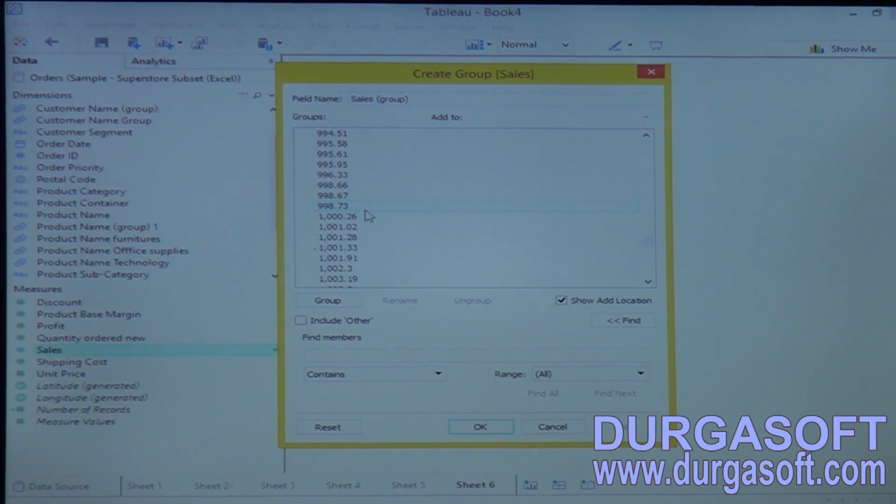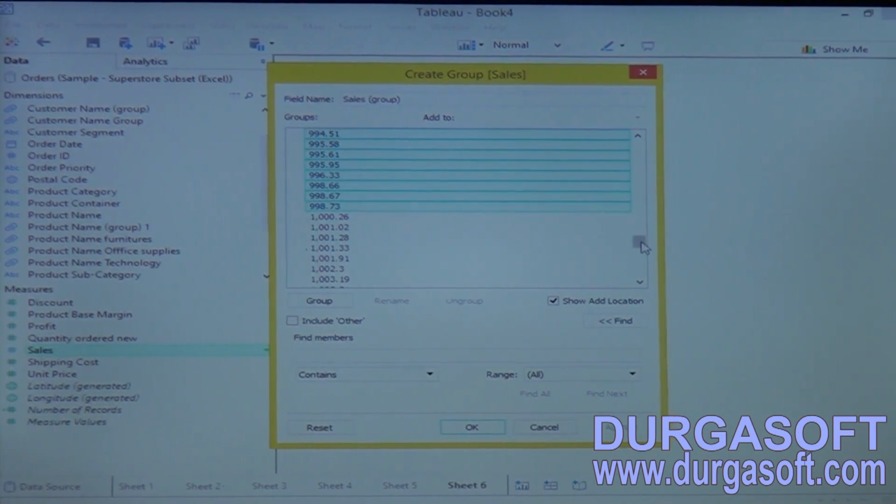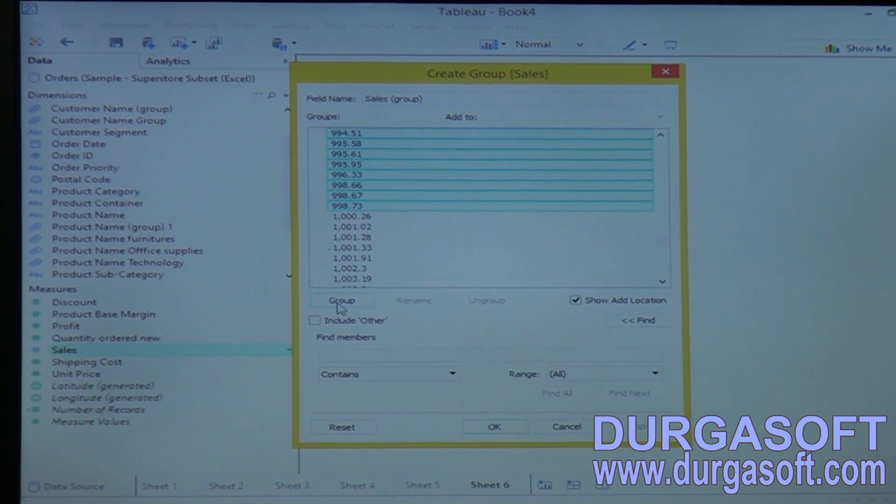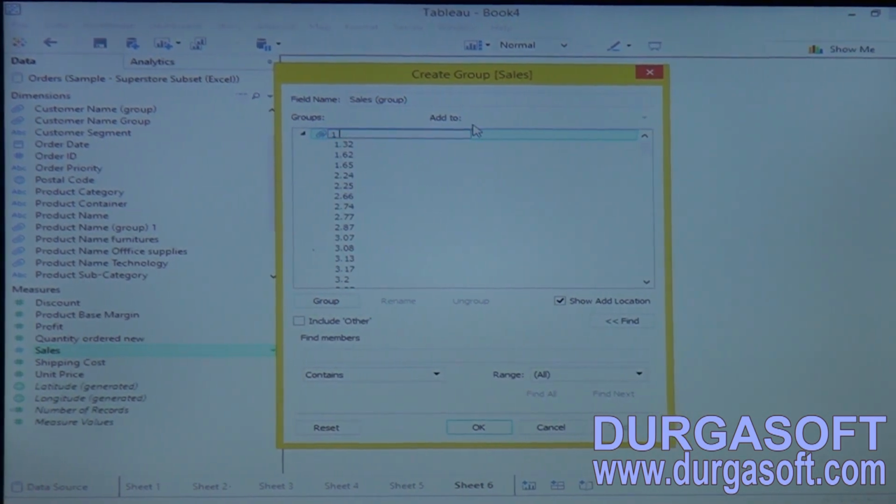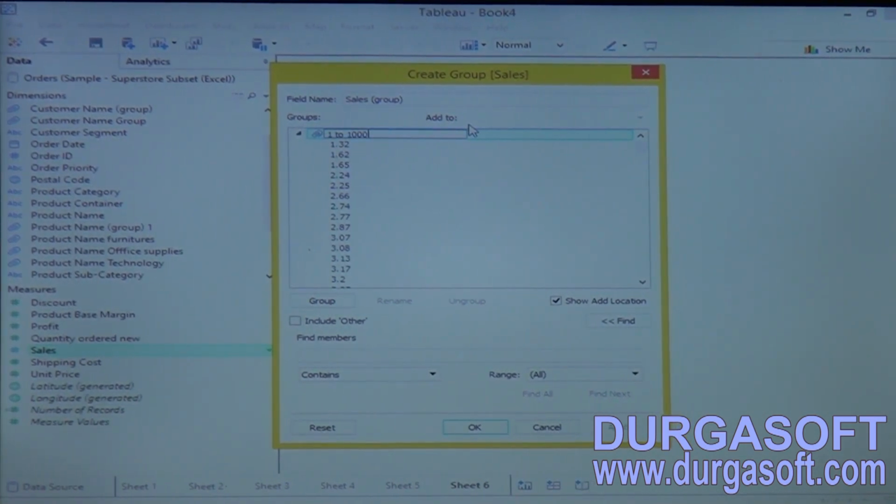Now I selected 1 rupee to 1000 rupees. Click on group. Now 1 to 1000 sales. Like that you can group the dimension members, 1 to 2000, 1 to 10,000, as much as possible.